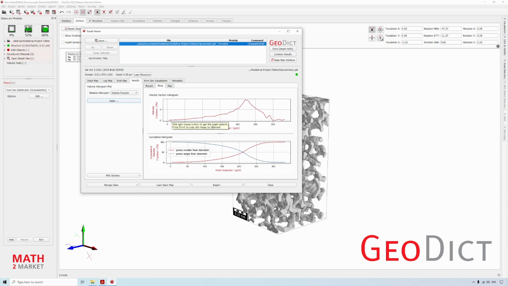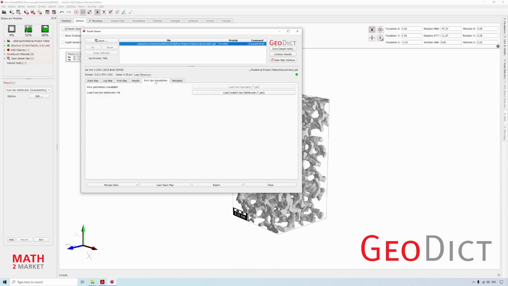We can also visualize the data by clicking on Pore Size Visualization, and we can load the pore size distribution file. If you cannot click this Load GeoDict Size Distribution, you forgot to check the checkbox. It's no problem, you can do that later on. If you have the handout of the workshop, you can do it on your own again.